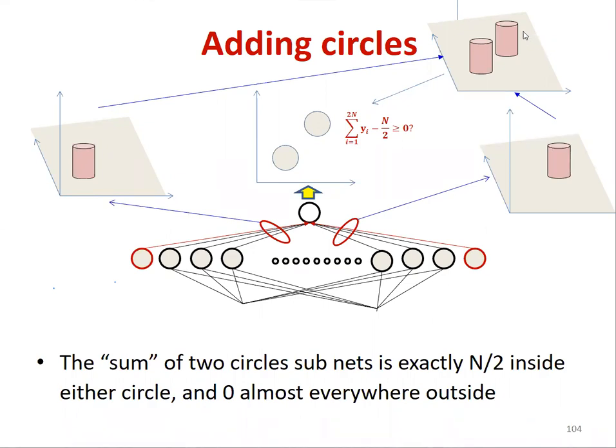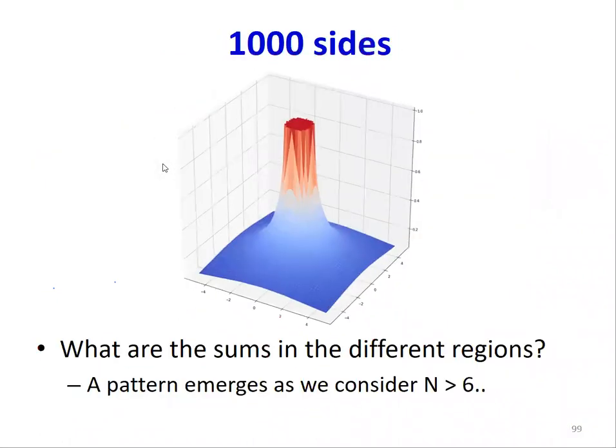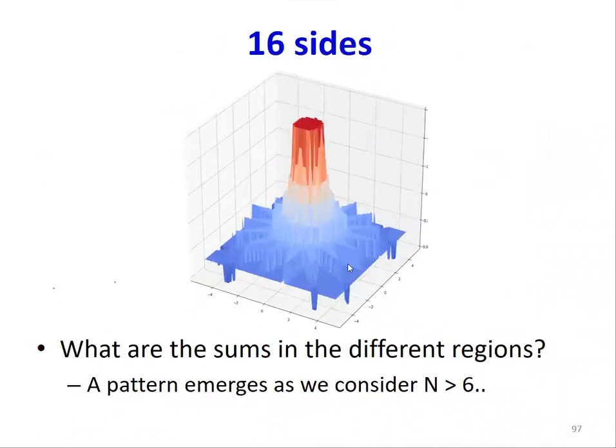Oh, I see your point. So in the real case, if we want to construct this kind of circle, we cannot apply the infinite neuron, do we? Only a finite number of neurons. If you apply a finite number of neurons, you're always going to get this leaking at the edges, like these patterns. Oh, okay, I see. And so then the sum is not going to be 0 in the intermediate regions, right? Yes. It can actually be greater than n/2. Oh, I see. Thank you.